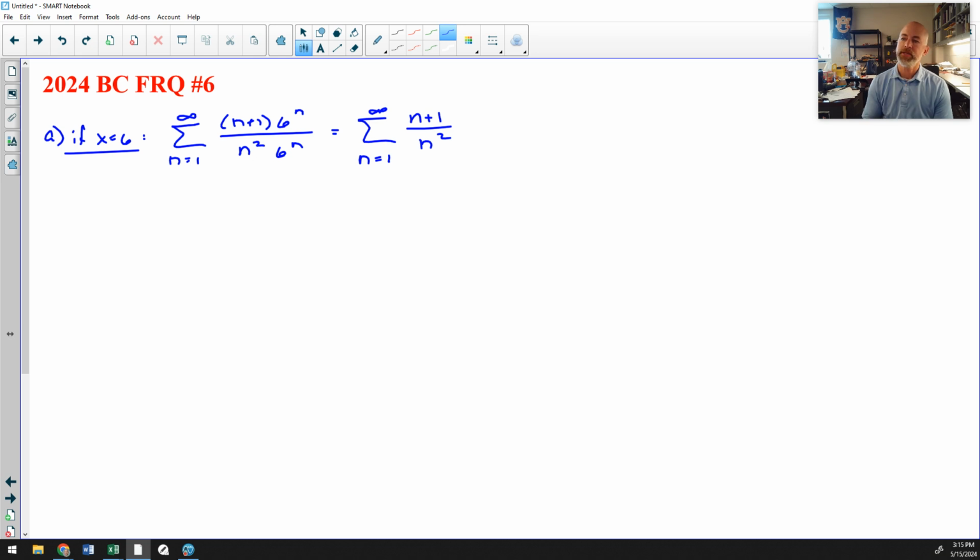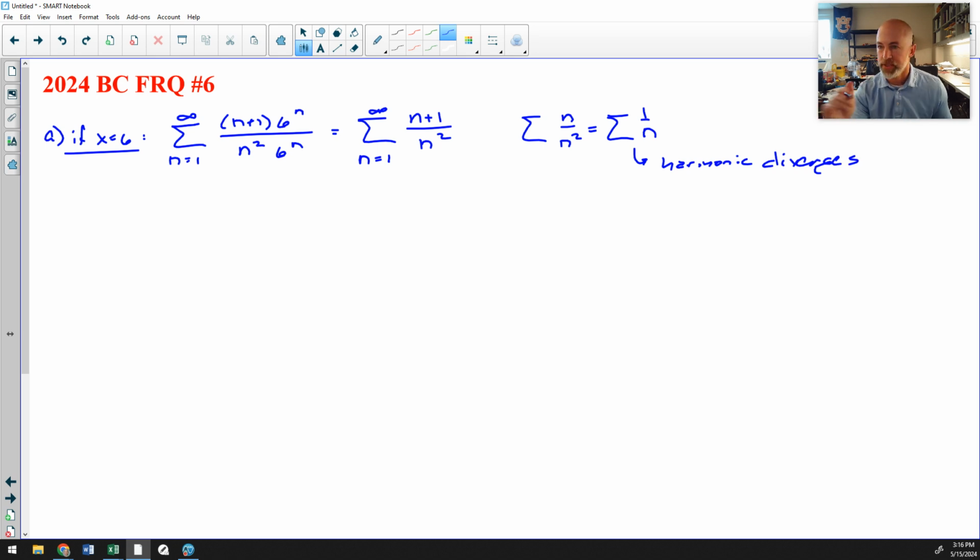And I can do a direct comparison. If you ignore that 1 and we compare this to the series n over n squared, which is the series 1 over n, I know that my harmonic series diverges. Okay, that is some bad writing, but that says divergence. The series that I'm worried about has a larger numerator. It's n plus 1 over n squared instead of n over n squared. Well, if n over n squared diverges and the series in question is even larger than that,